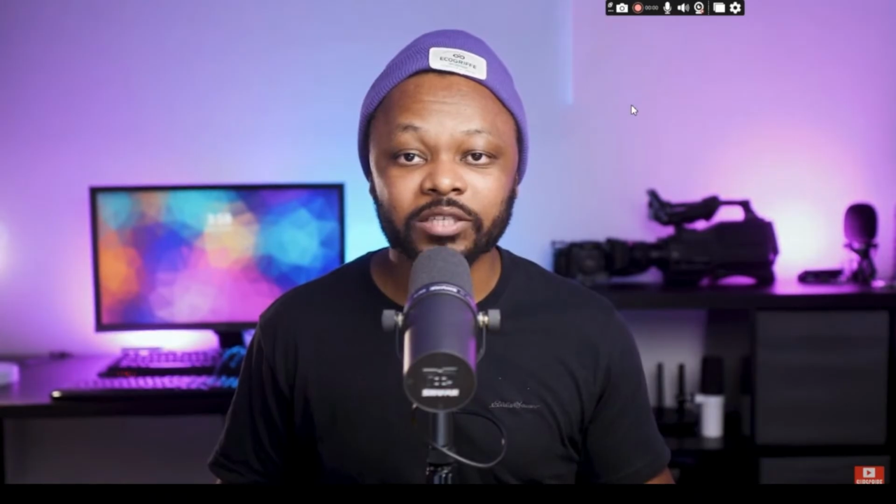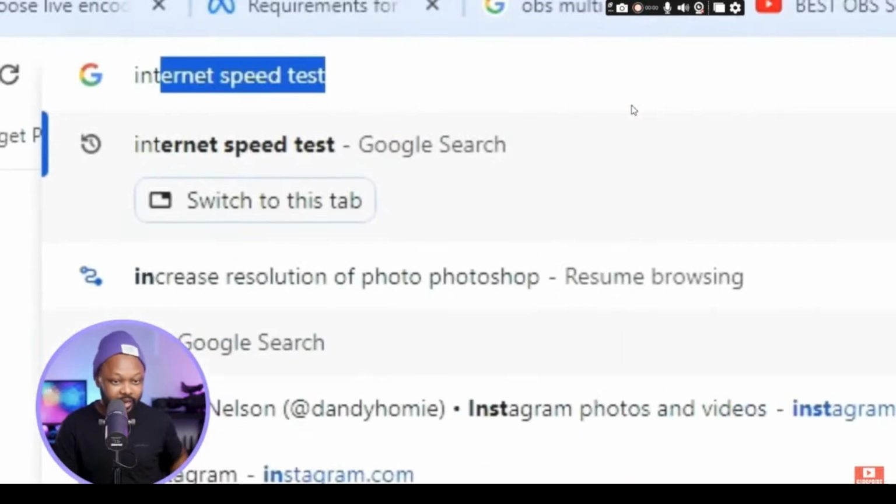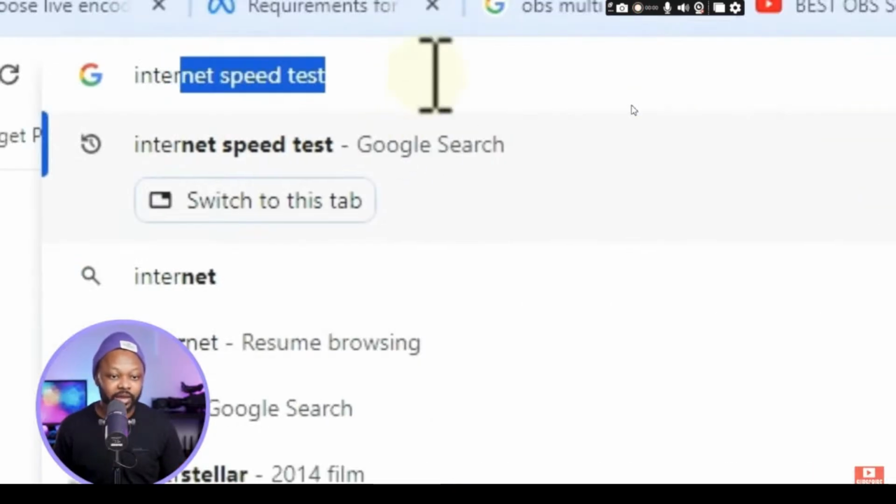back end of YouTube. That's the beauty of connecting OBS with YouTube, right? So now what I want to show you guys, before you decide all the bitrate and everything, you want to make sure you go to Google and type in internet speed test. Okay, while you're doing that, you want to make sure you check you have enough bandwidth to send to both